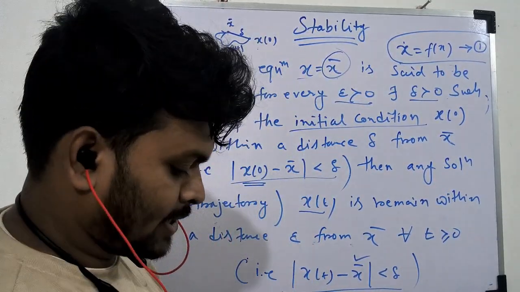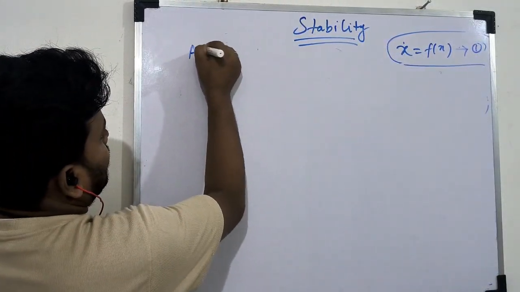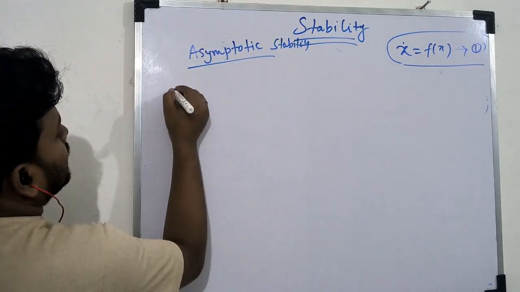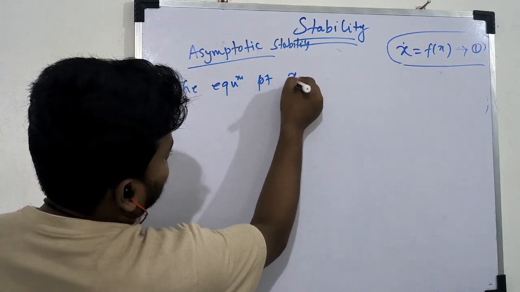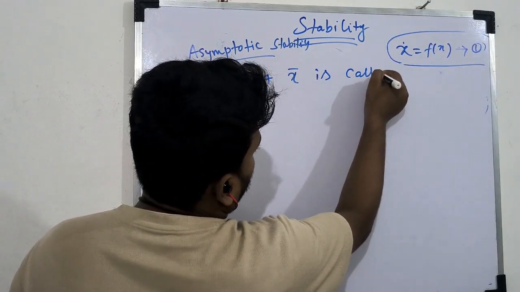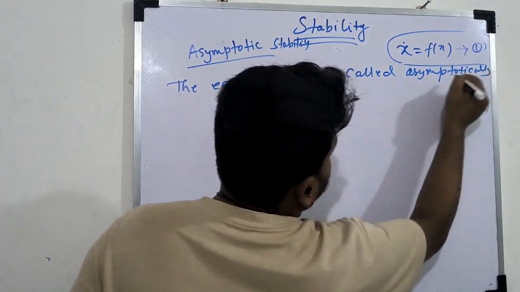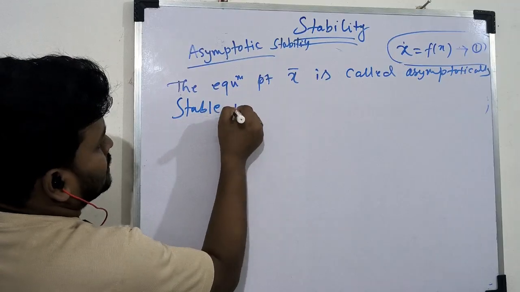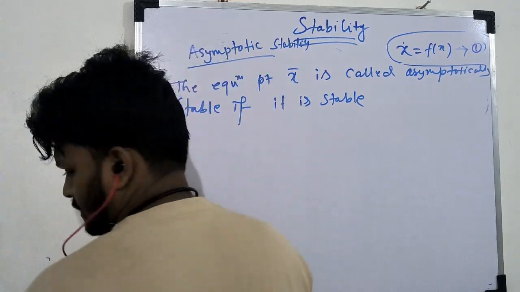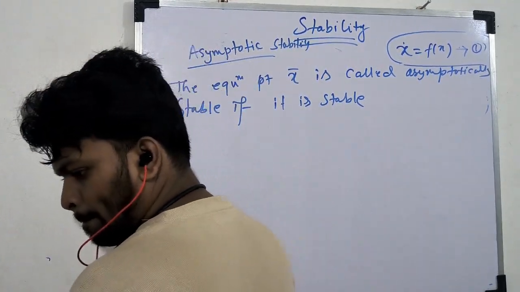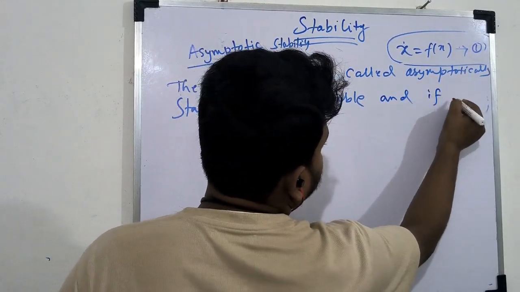Let's see asymptotic stability. What is asymptotic stability? An equilibrium point x bar is called asymptotically stable if it is stable, and if